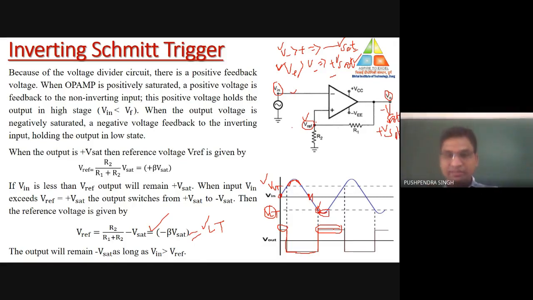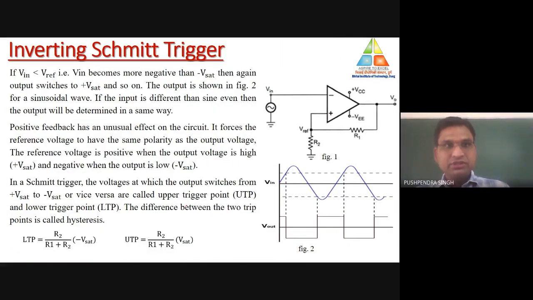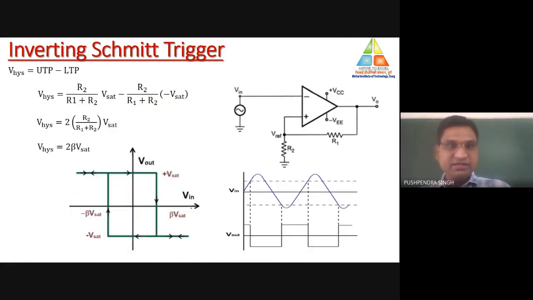So there are two limits. One is the upper triggering point and the second one is the lower triggering point. Based on these triggering points only, the level of the output voltage will change. In between these triggering points, there would not be any kind of change in the output. The level of the output voltage is constant. With the help of that, we can generate a constant output voltage at the output terminal of the Schmitt trigger circuit. So this is all about the inverting Schmitt trigger circuit.